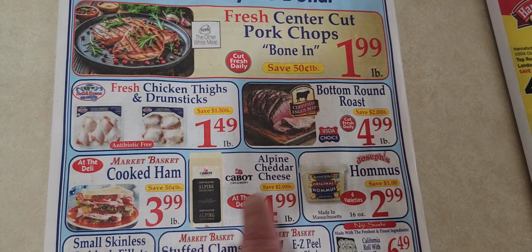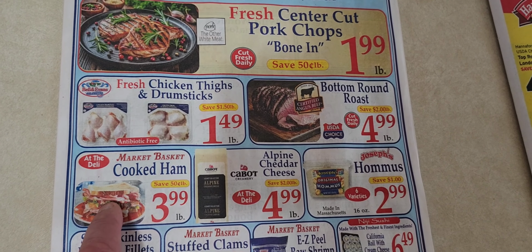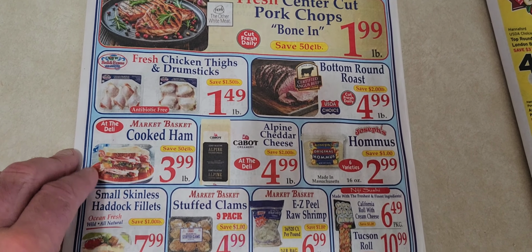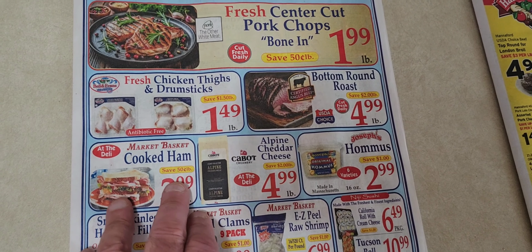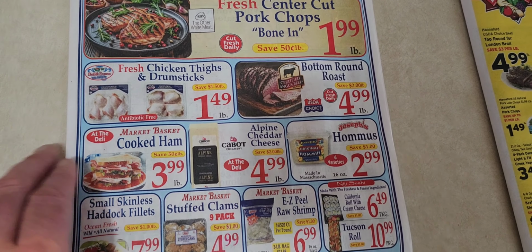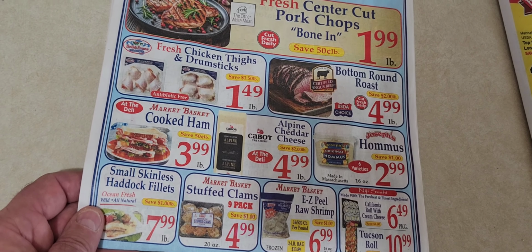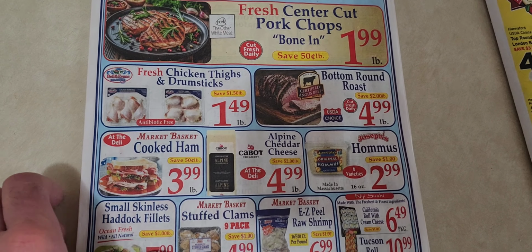Hummus. Okay, that's good. You get, again, $4.99. That's a Cabot's. There was a recall on Cabot's cheese recently, guys. And with an E. coli. I think it was a Cabot's butter. But I don't know what to say about that. To keep an eye, and they can't tell you until after it's already